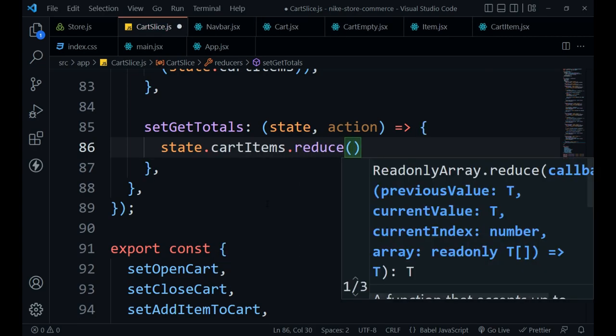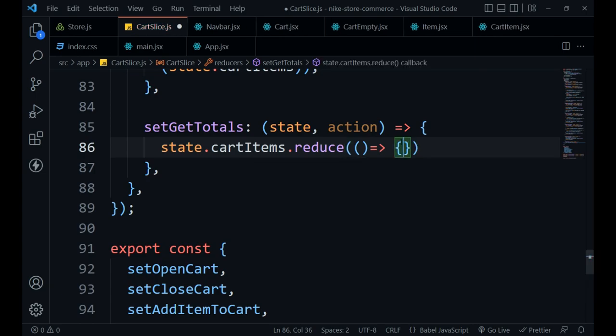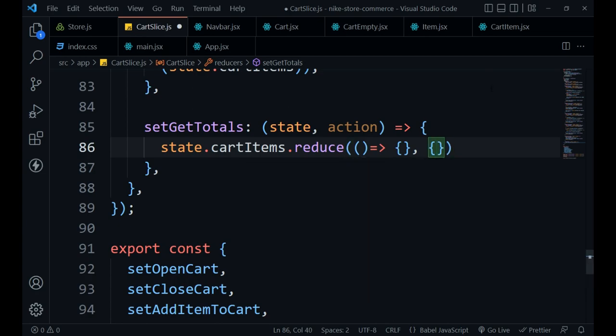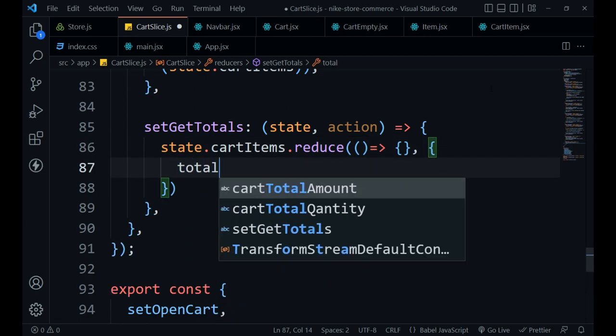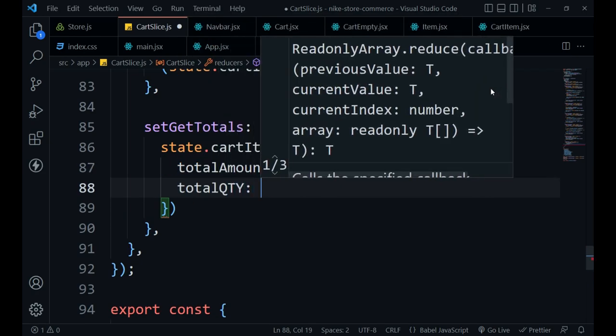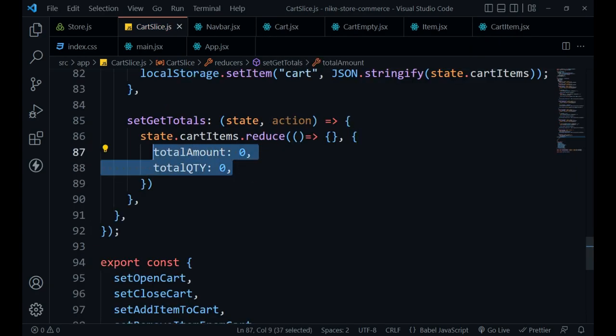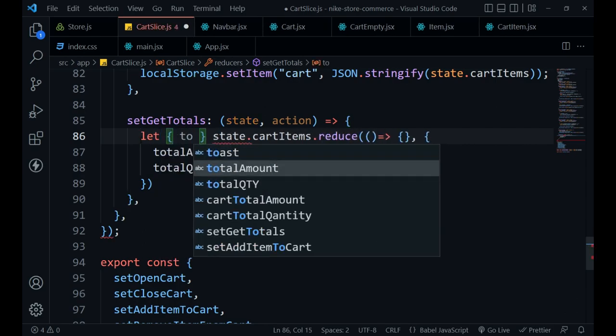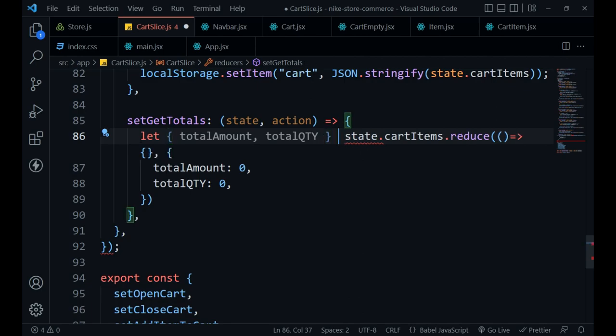state.cartItem.reduce. This reduce array method takes two parameters, a callback function and an initial value. Let's define the callback function. It's a simple arrow function. Okay, and the initial value could be a number, object or array. In that case, we are using an object. So let's define two initial values, total amount initially 0, total quantity initially 0. And now we have to declare these two initial values right here. Let total amount, total quantity is equal to